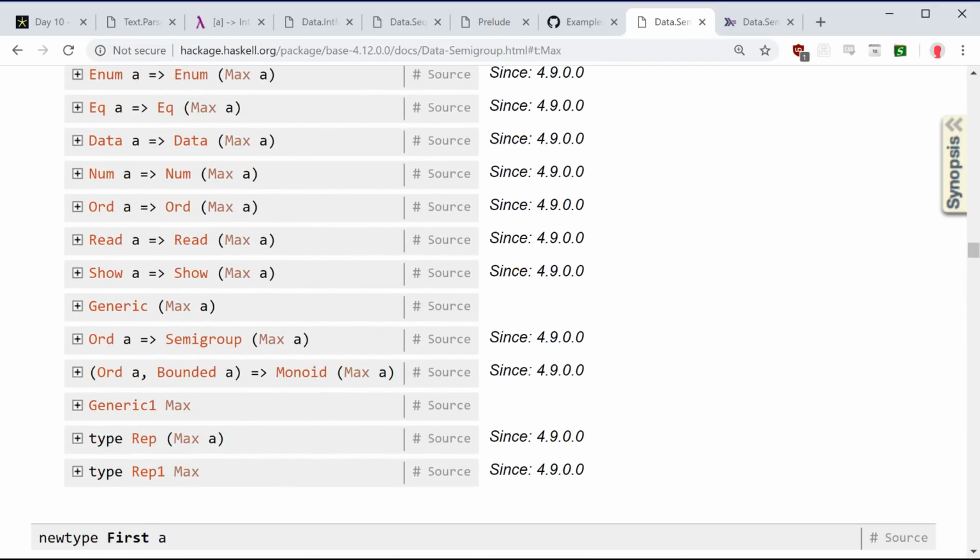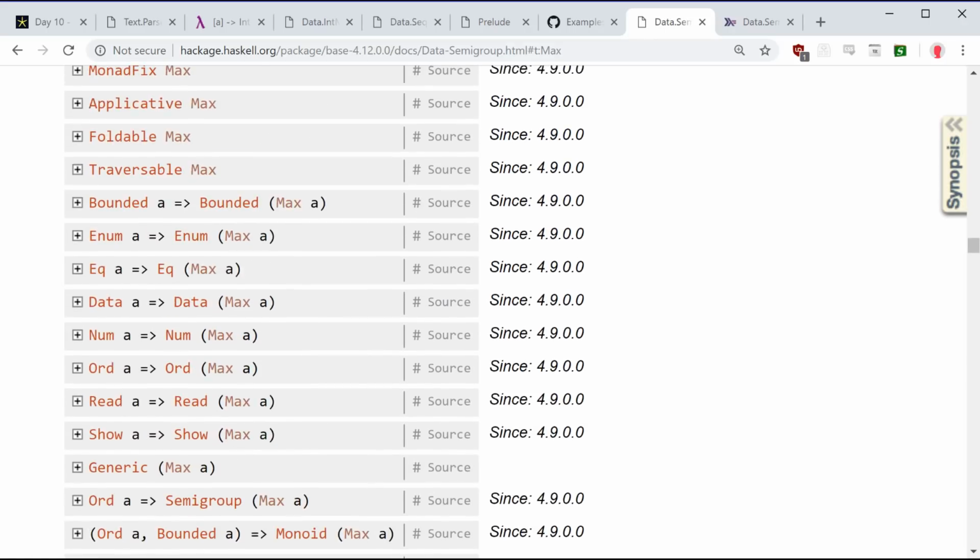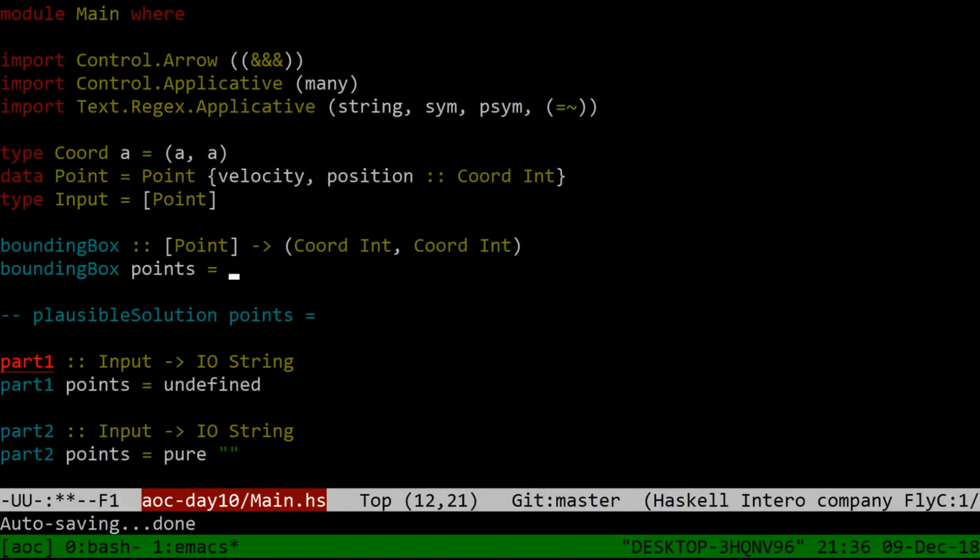Okay. So what I'm going to do is, you could iterate over the whole list 4 times and get back 4 answers. But that kind of stinks, doesn't it? So what I'm going to do instead is